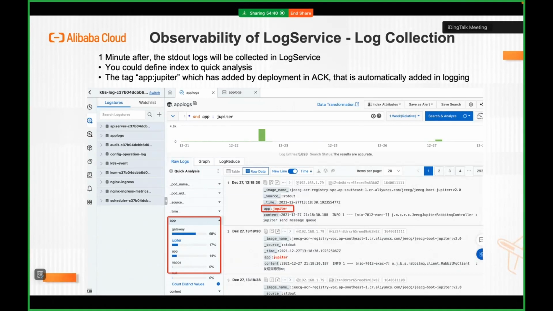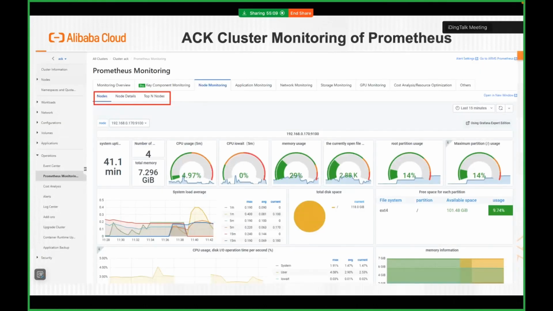Then for log collection, we have Simple Log Service, with which after each and every minute you can collect different types of logs. You can create a log store. You can define your dashboards. You can monitor. You can analyze different types of traffic hitting your infrastructure as well. And on top of that, you can create your alerts and notifications, which can be helpful to monitor your resources in the Alibaba environment.